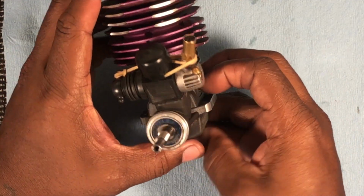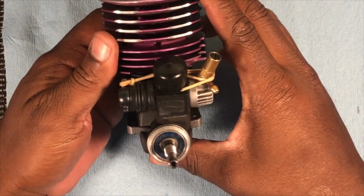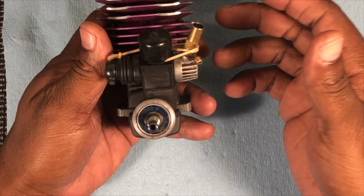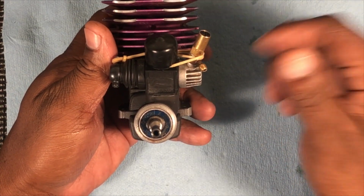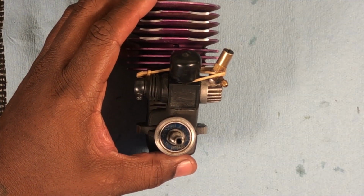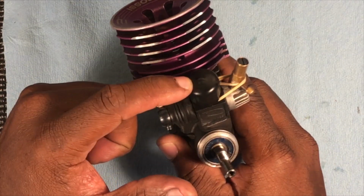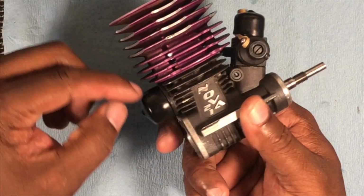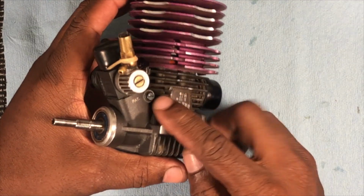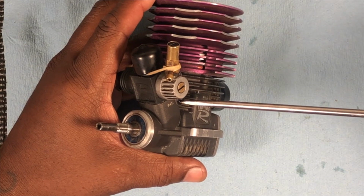Okay, so the quick and easy way to diagnose, before I even take the motor apart, is just like checking a car tire. If you're gonna plug up your car tire, you spray it all down, look for the bubbles. Same deal. So you want to get you some fuel hose, and make sure your carburetor is capped off, and your exhaust port is capped off. You don't want no leakage, nothing. Make sure this screw here is snugged up,